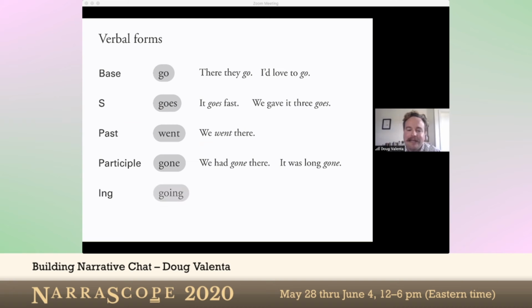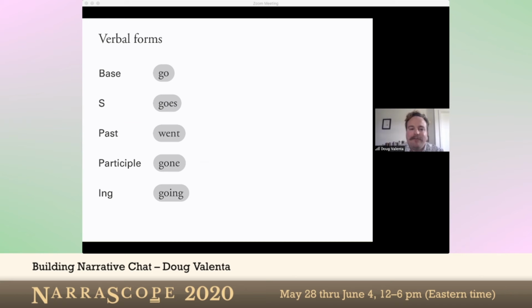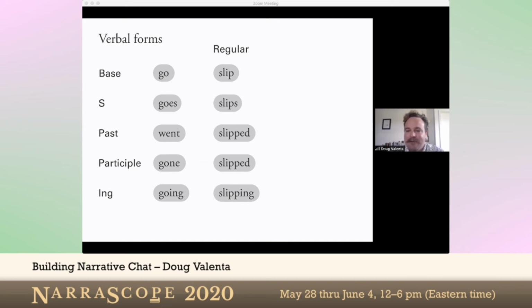And then we have an ing form that we use to form the gerund, as well as we can kind of turn it into a noun. We can use it to turn the verb into an adjective. And so in this case, we have a simpler verb. We have a regular verb. We have the verb slip. And what I mean by it's a regular verb is that really these 5 forms are from the base, pretty simple to come up with. Where the S form adds an S, the past and participle both add ED, and the ing form adds ing.